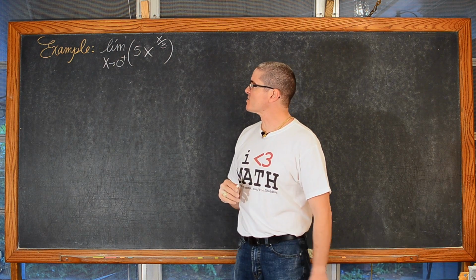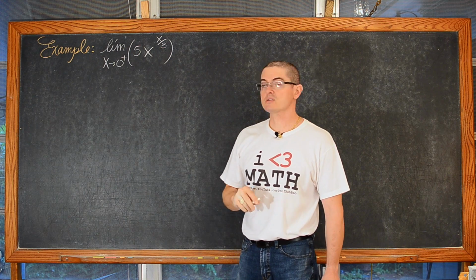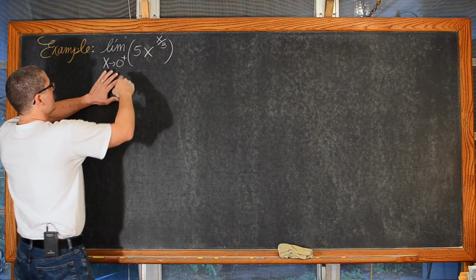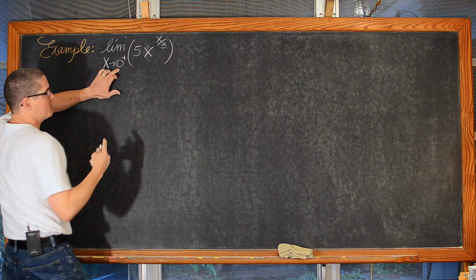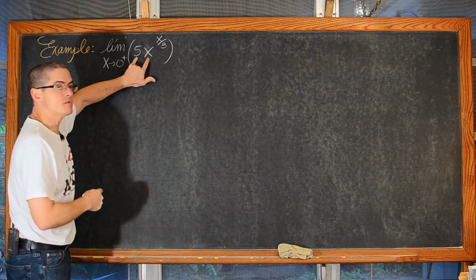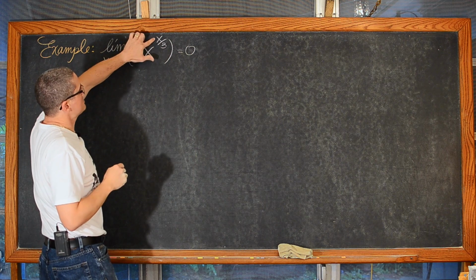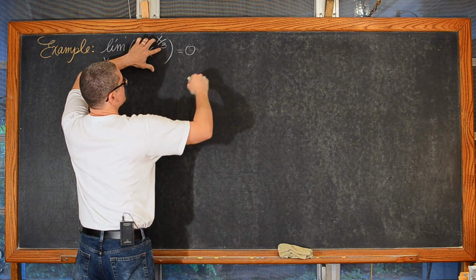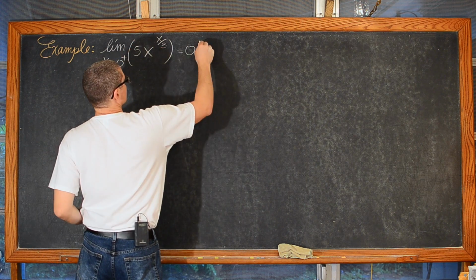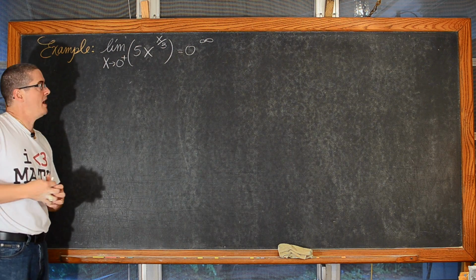Let's find the limit as x approaches 0 from the right of 5 times x to the x over 3 power. If you look at this the way it sits right now, we're going to let x approach 0 from the right, so it's going to become infinitely small, but always be positive. That means we're going to have 5 times 0, which is 0, raised to 0 over 3, again a positive 0, approaching 0 but positive 0, if you will, over 3, which is going to be approaching infinity. So we do have that indeterminate form for powers.